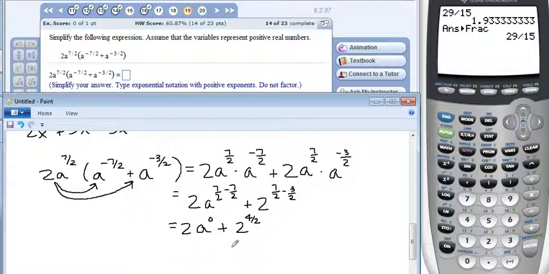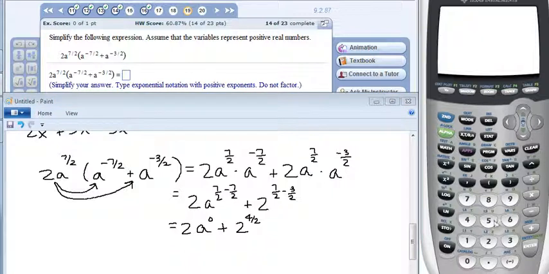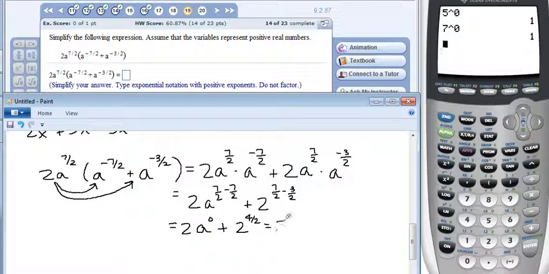Okay, what is anything to the 0 power? Well, if you don't remember that, because you can't put an a in here, just pick any other number. 5 raised to the 0 power is 1. 7 raised to the 0 power is 1. Anything raised to the 0 power is 1. So this is 2 times 1 plus 2 times, plus 2 to the 2nd power. 4/2 is 2. So this is